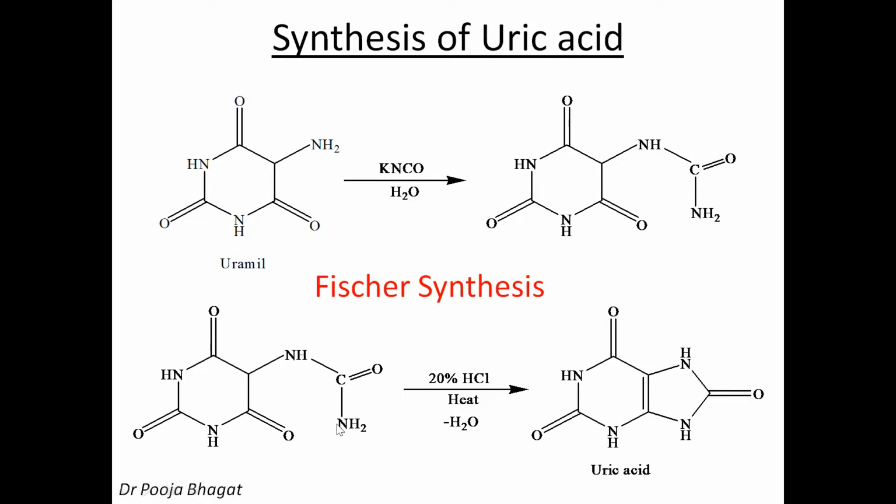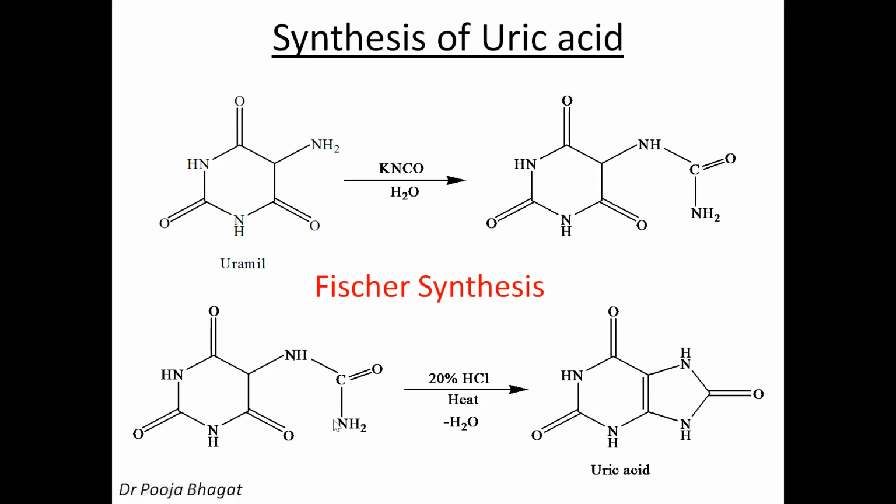The lone pair of electrons available on nitrogen will attack on this carbon and the pi electrons will shift towards the oxygen. So there is a bond between this carbon and nitrogen. From here there is a loss of proton and here since it is having negative charge, O negative, so it takes proton. So a ring is formed. Here the ring is formed and OH here and H here. So H from here, OH from here goes out as water molecule and a double bond comes here. So this is the way by which you can get uric acid.